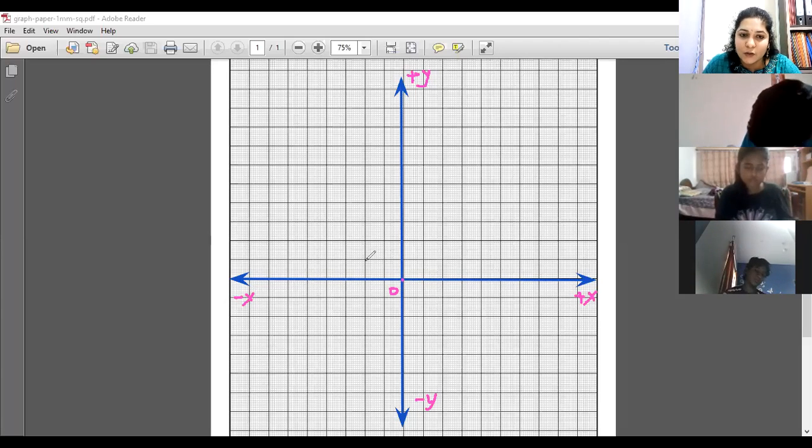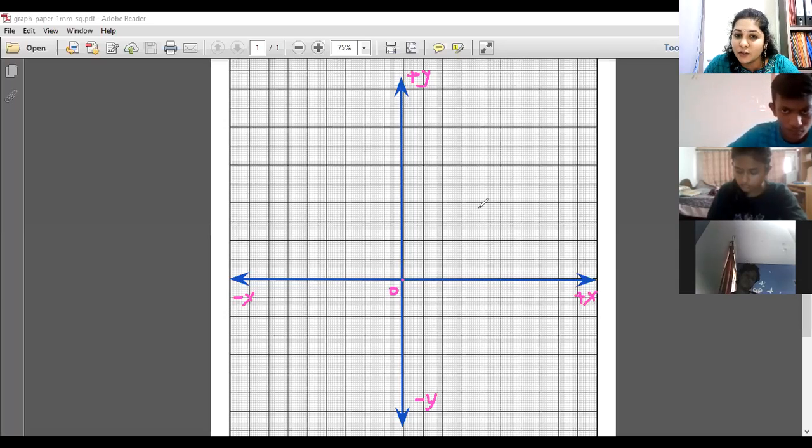You might ask, ma'am, should I take positive values or negative values, or should I choose multiples of 10? So many questions will be there. But what is the best answer? The convenient thing for you to choose is to make sure we are able to mark some 5 to 6 consecutive points, because then your graph looks neat, and we can easily trace how the linear curve is drawn. It's always better you choose consecutive points.